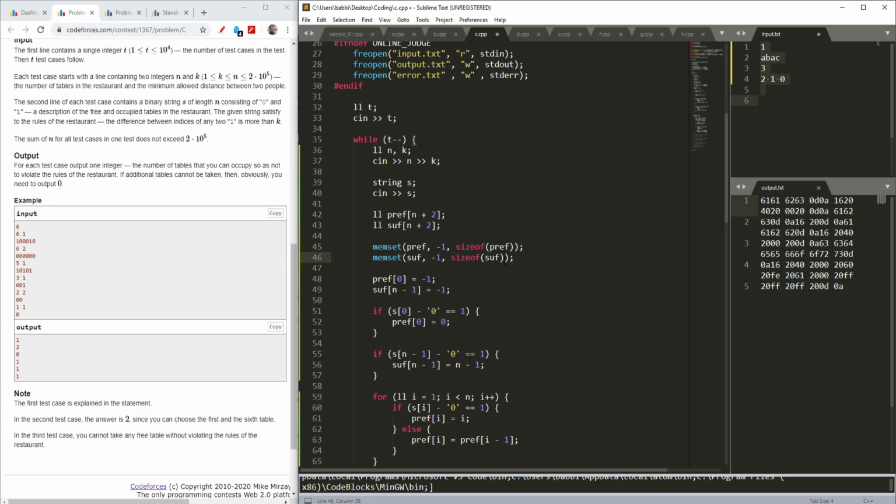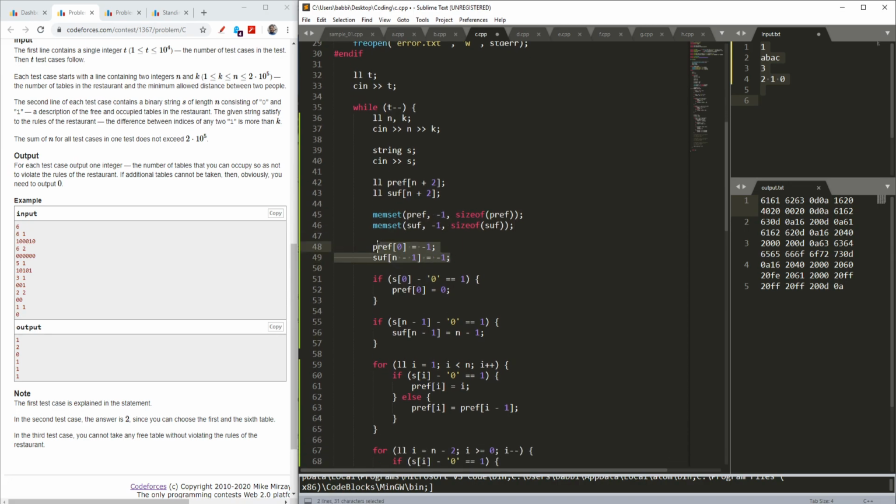If my prefix is -1, then I have no constraints for it. If it is any other value than -1, it means that it is affected by some index. So -1 is only to make sure that it is unaffected. Then I have my prefix and suffix array.